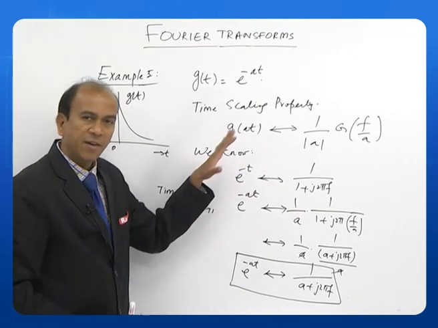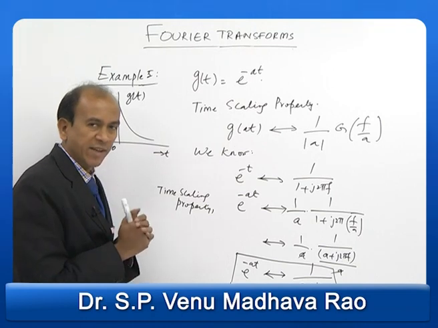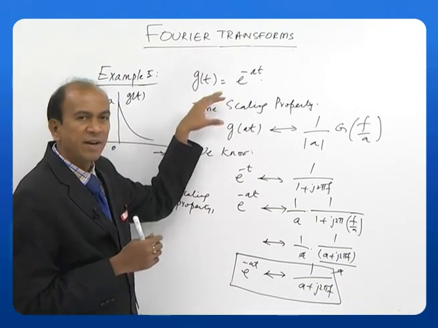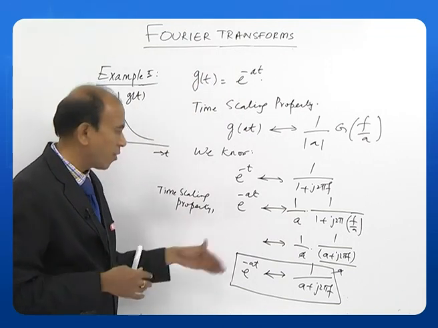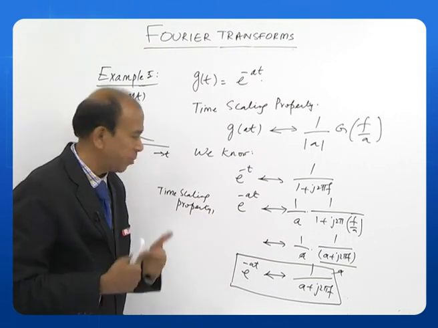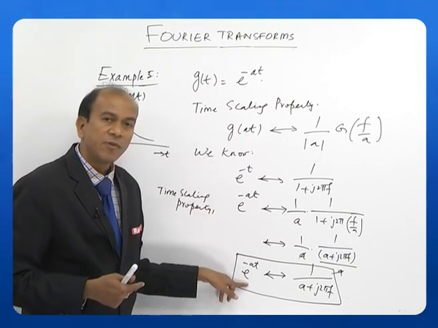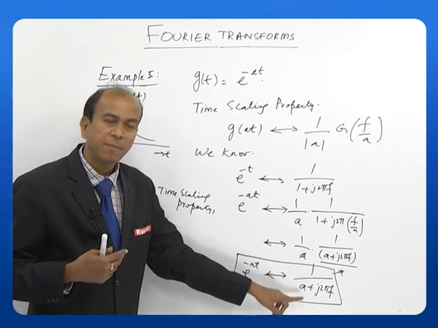See, we have used two facts here. One fact is we have identified that this problem is related to the time scaling property. The second is we have already calculated the Fourier transform of e to the power of minus t. Those two things we have put here, and then I got the answer, which is the Fourier transform of e to the power of minus a t, 1 by a plus j2 pi f, in just